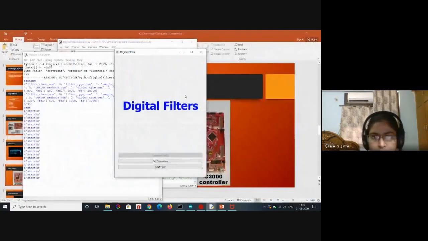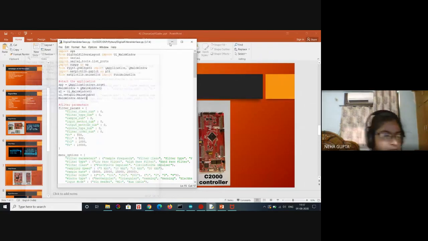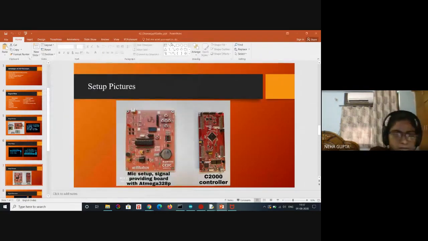Next I will show convolution. I have to just set up.